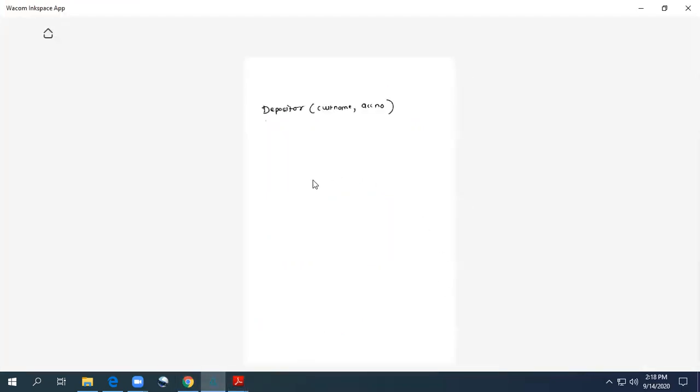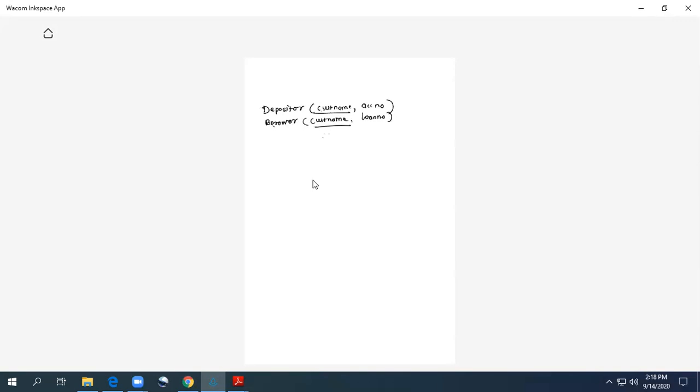So another table is borrower, right, with the customer name and loan number. Again, students, when we want to join two different tables, always think about the common field. If you observe, customer name is common in both tables. Now I want to retrieve data from both tables. I want information about depositor customers and also borrower customers, right? So definitely one field should be common here. So my common field is customer name, right?